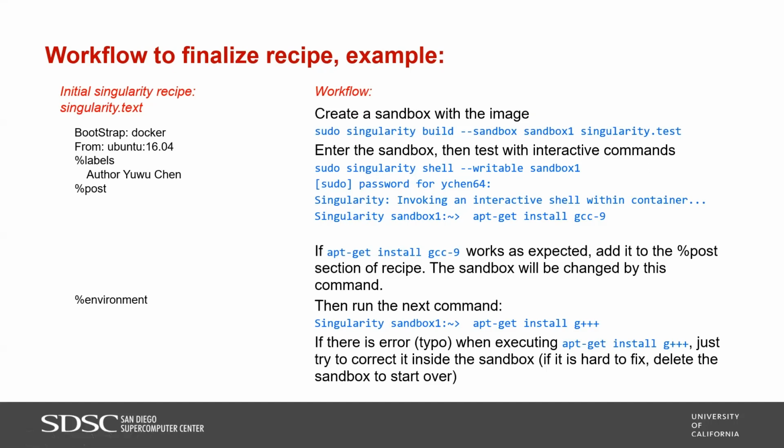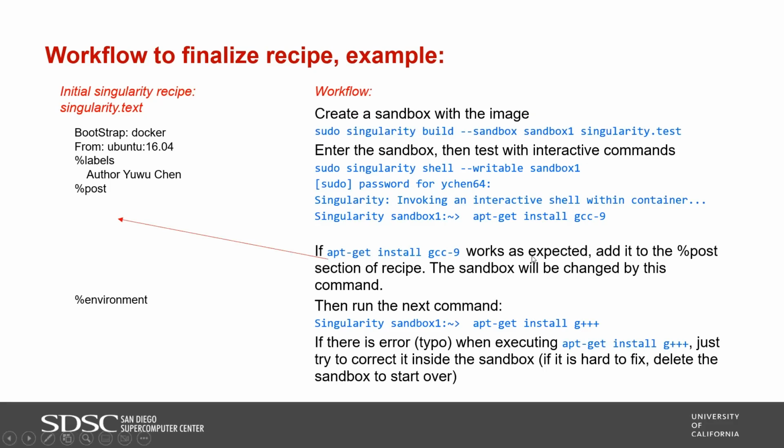For example, I want to test if I can install GCC 9 in the container. If this works, I will see it has been installed. I can see the results on my screen,